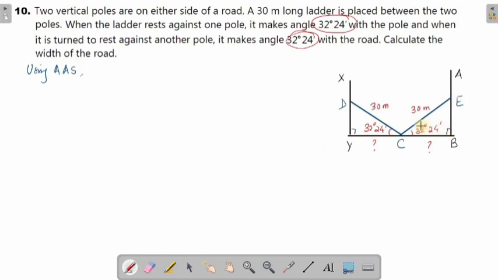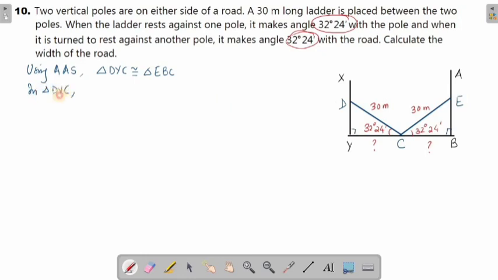So using AAS, we say that triangle DYC is congruent to triangle EBC. Now what I am going to do is I will make use of only DYC. So in triangle